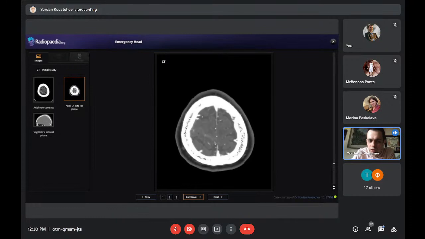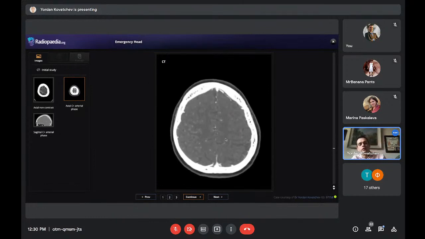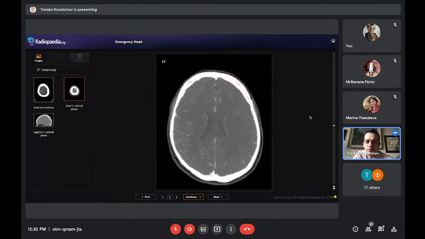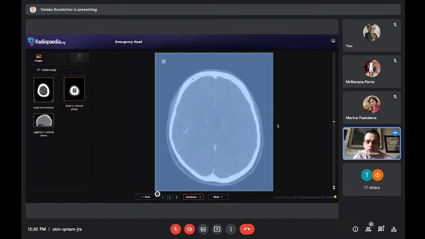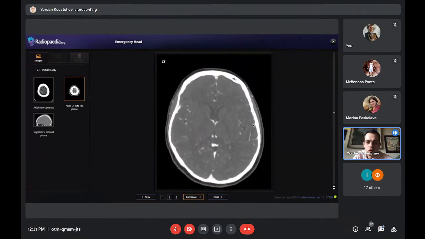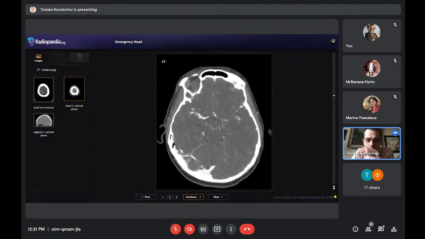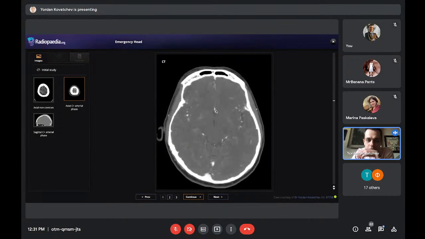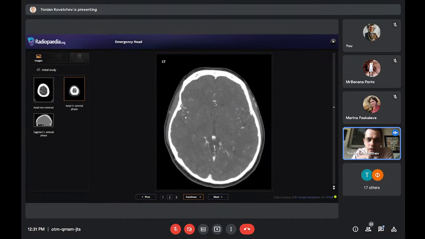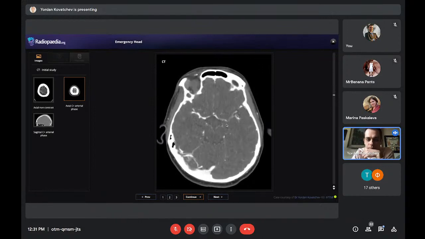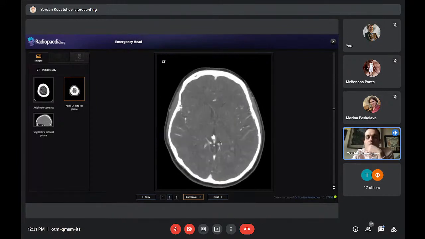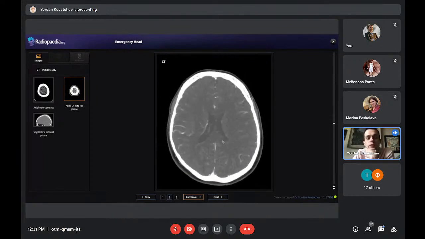And by the way, when you see subarachnoid hemorrhage, and if it's atraumatic, you almost always do a CT angio, as Dr. Karagechev will show you now. I won't go through all of it because it's pretty long to look at all the vessels, and just show you the main ones. Here we have the middle cerebral arteries on both sides. Here we have the ACAs, the anterior cerebral arteries. And here we have the circle of Willis, the posterior circulation, with the PCAs on both sides, the posterior cerebral arteries. But really, the problem here was not arterial.